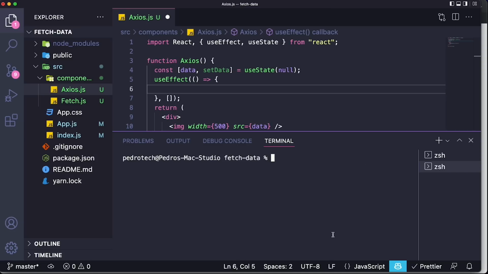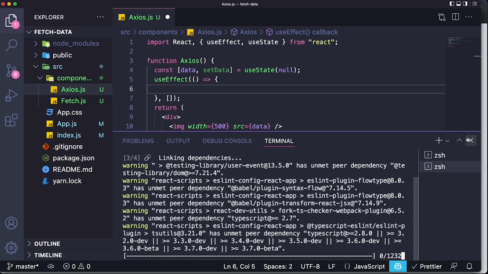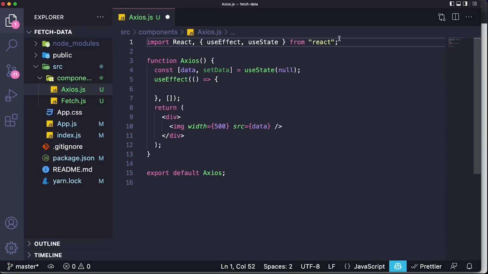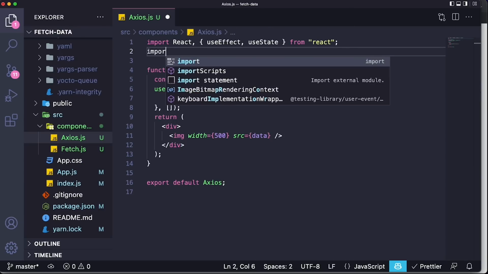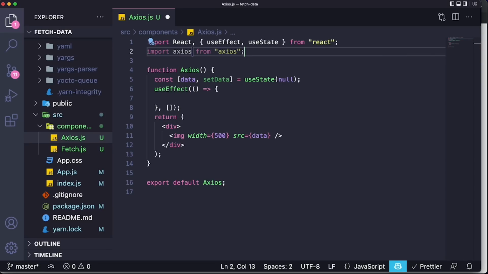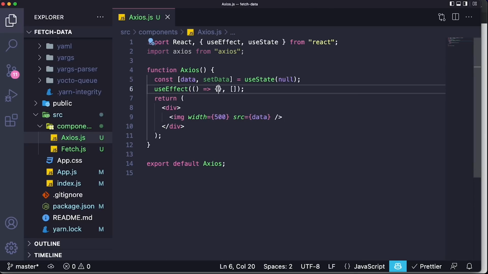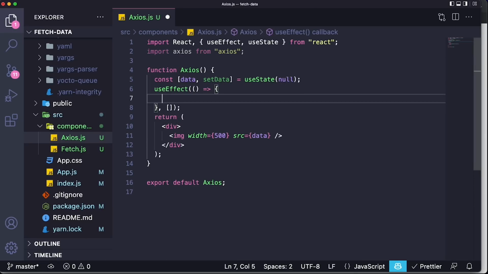So to install this package, all you have to do is either run npm install Axios, or in my case, I'm using Yarn, I can run yarn add Axios. It will start installing the package, and it should go pretty quickly. And now that we have it installed, we just have to import Axios from the Axios library. Then we'll come inside of our useEffect, which is where we want to make the request,